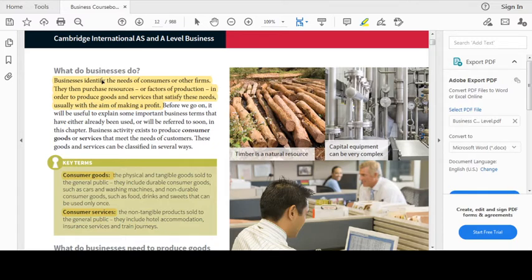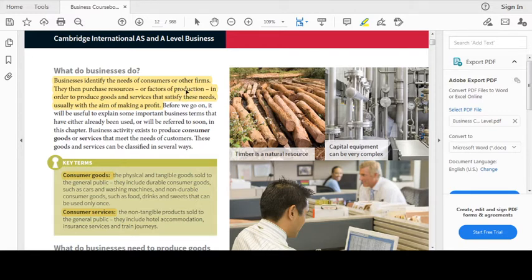So you will try to produce the products that are the needs of the customers. For that, you obviously will be identifying the needs first. Once you identify the needs of the customers, you will be producing something. Now you will purchase the resources and produce the goods. So what are the resources? Resources are the factors of production.